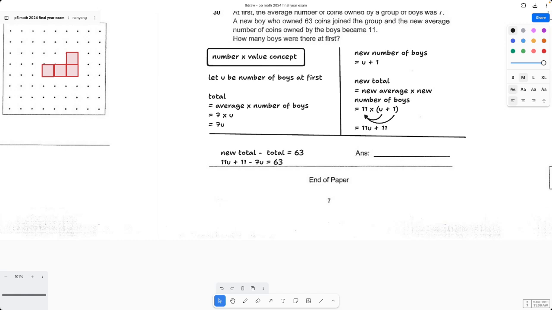Okay, and then that means 11u minus 7u. So 11u minus 7u plus 11 equal to 63. Okay, 4u plus 11 equal to 63. Then 4u is equal to 63 minus 11. 4u is equal to 52. 1u is equal to 52, and then we divide it by